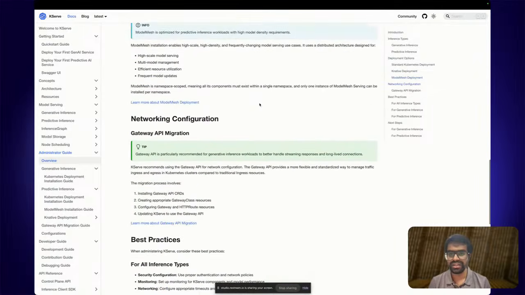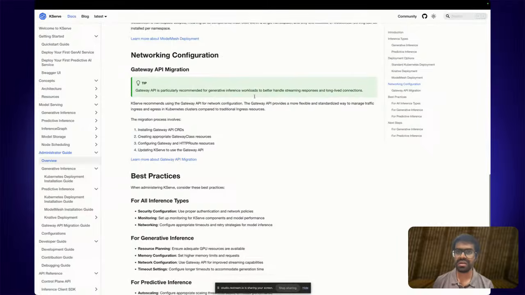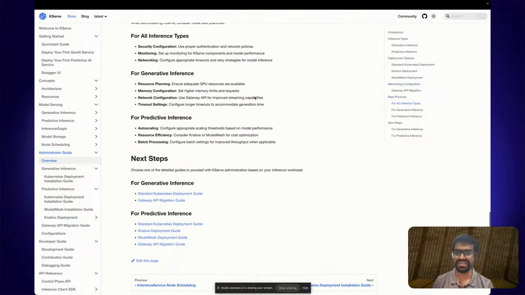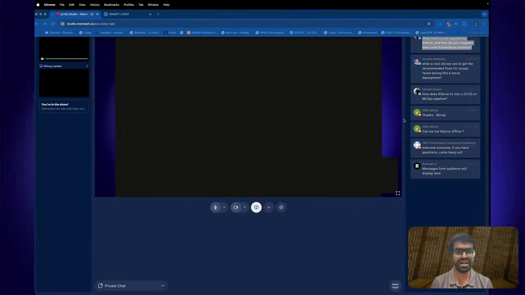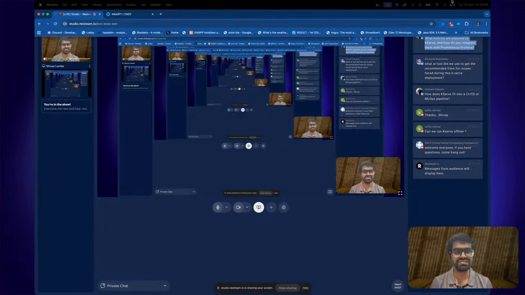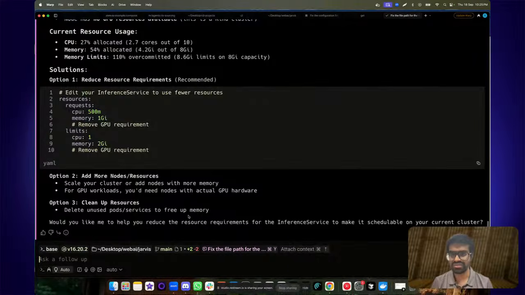And then you set up the networking to set up the gateway API. But yeah, looks like we are also running out of time. If there are any other questions from anyone in the chat, otherwise we'll also just try to, I